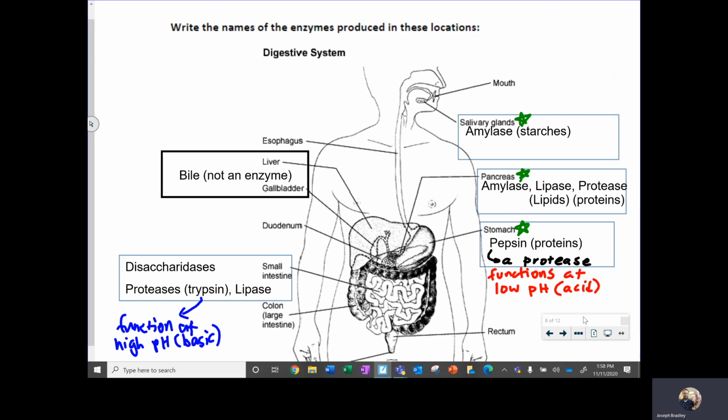Amylase is going to be produced by the salivary glands and the pancreas. Proteases are going to be created by the pancreas and the stomach and the small intestine. And then the lipases are going to be produced by the pancreas and the small intestine. But in general, you don't need to know the locations, I'm just giving you an idea of where this is. So again, as you take in a mouthful of food,